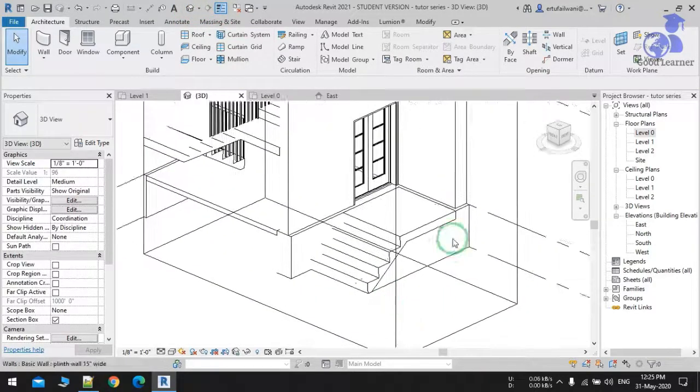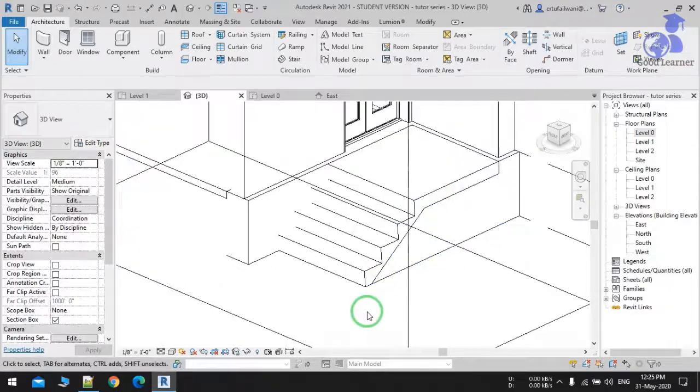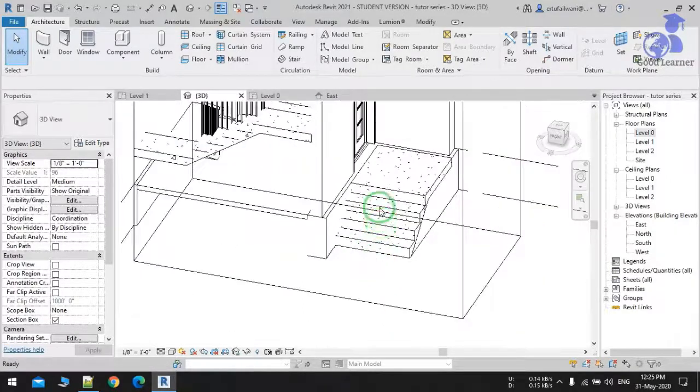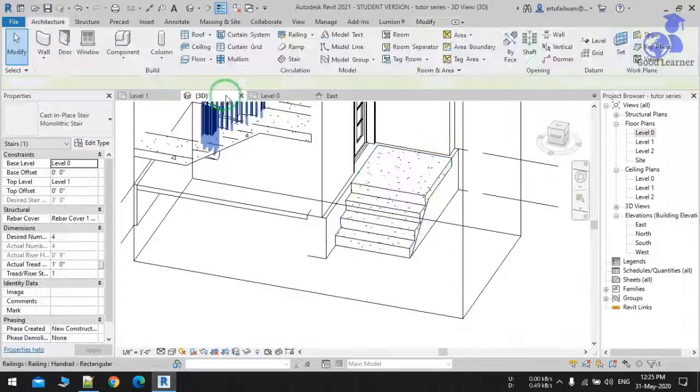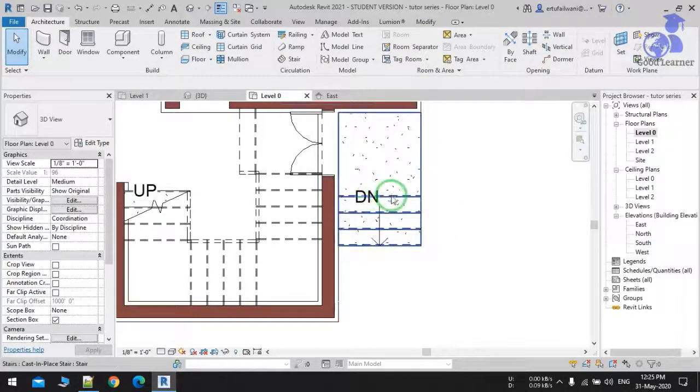Congrats, you have successfully created the stairs and the wall. So I'm just going to the level 0, maybe